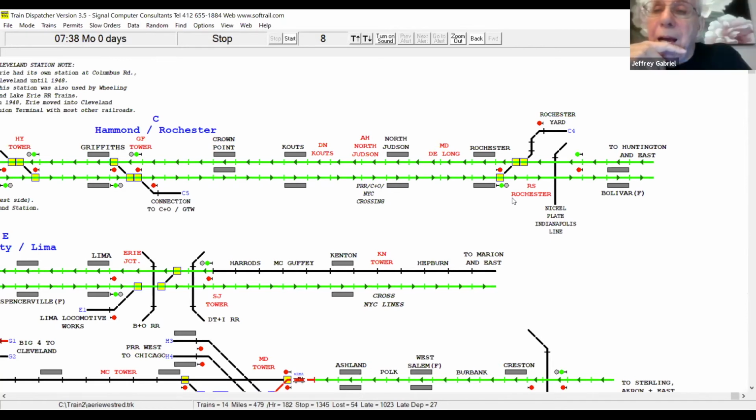Well, I would say it's loosely adapted from Erie practice. And really the freights, the passenger trains are fairly real. You know, obviously there was a train 1 and 2 and 7 and 8 and so forth. The freights are more loosely adapted. I use symbols that they used at one time, but I picked the number of stops that I wanted that would kind of work out.